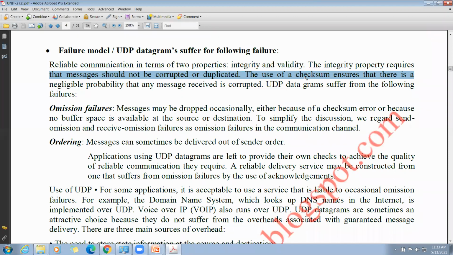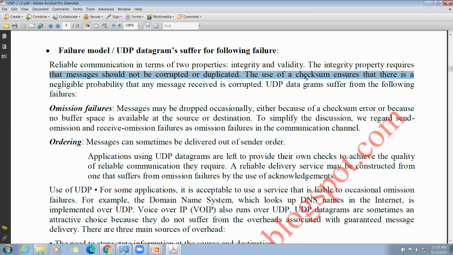If your incoming buffer is full, that type of failure is called receive omission failure. In the receive omission failure, the receiver's incoming buffer is full. In the sending omission failure, the sender's buffer is full. These are the two types of omission failures.